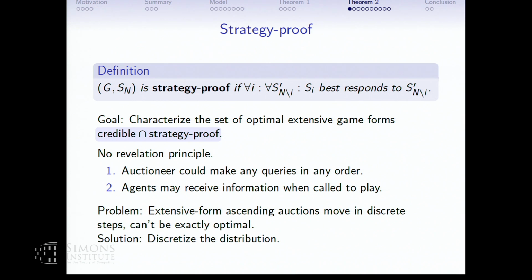There's a further technical problem, which is that the entire machinery of extensive game forms moves in discrete steps, right? And if I give you a discrete extensive clock auction, that auction can't be exactly optimal. So I'm going to need to do something to avoid that. What I'm going to do is just discretize the distribution. And hopefully what we'll see is a fairly inoffensive discretization. This will mean that ascending auctions can in principle be optimal, and so can many other protocols. For instance, I could just run,